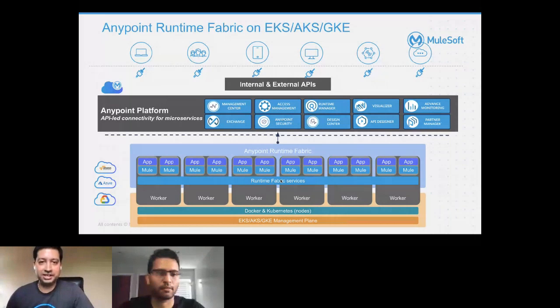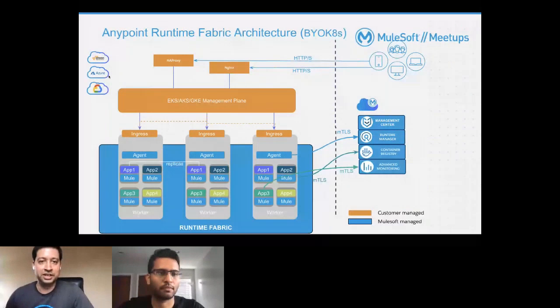Now, this Ingress can be anything that works with any of these vendors. So whatever works, you can bring your own Ingress with it. In this diagram, I mentioned two different Ingresses that a customer may have with the same RTF cluster, and we'll dive more into it when we are doing the demo and how we can set this up. But right now, that was one of the changes that came up with 1.10, that now